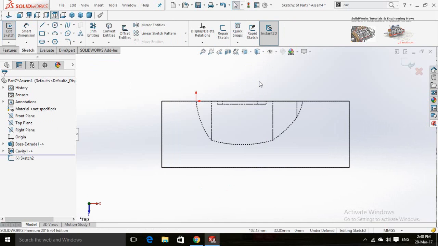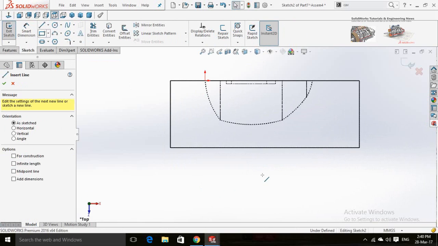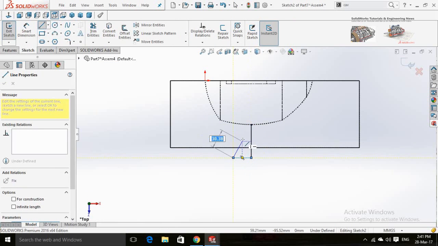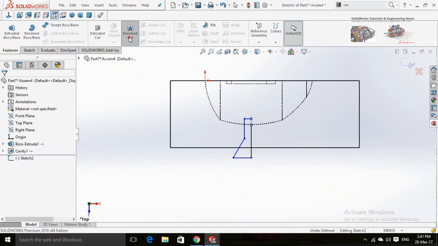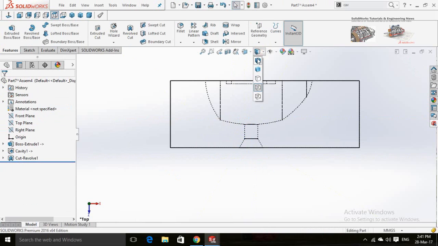Make normal to and draw a sketch like this. Now click on revolved cut command from features. Your mold is ready.